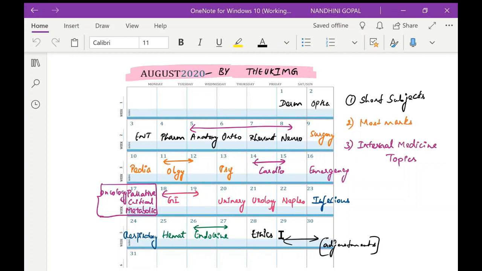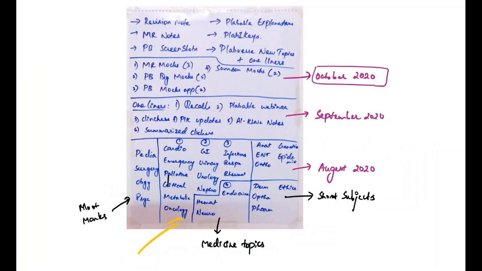Here is a diagram of all the internal medicine topics. The way I have divided this is that I have included cardiology and emergency together, and palliative, critical, metabolic medicine and oncology in one group. The reason I did this is that most of the content is going to be similar between cardiology and emergency. As for palliative, critical, metabolic and oncology, these are really small subjects, so you could take a maximum of 2 to 3 days to complete these subjects